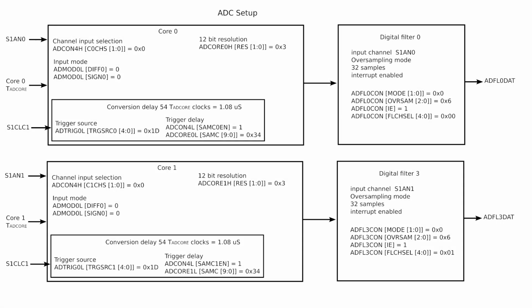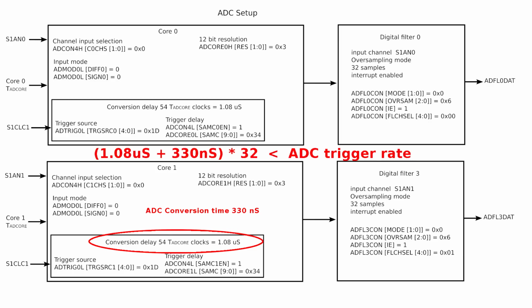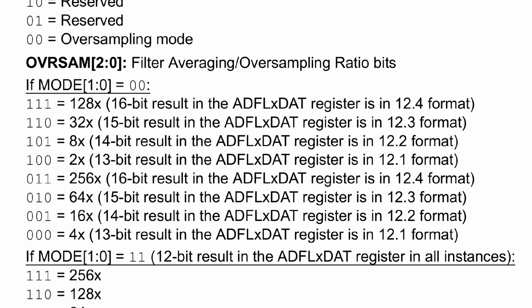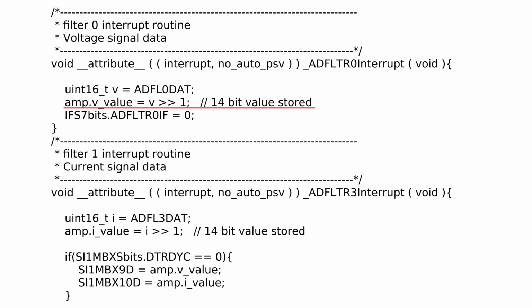So I have the digital filters set to 32 times oversampling, and I have the conversion delay set to 54 TAD core clocks. That should give me a sample time of about 1.08 microseconds. Should be able to get almost 23,000 filter results per second. So I have the ADC trigger clock set to just a little over 22 kilohertz. So the samples should be spread out pretty evenly over time. The 32 times oversampling will give me a 15-bit result in the filter data register. I'm going to just discard the least significant bit, so I'll be working with a 14-bit value for the voltage